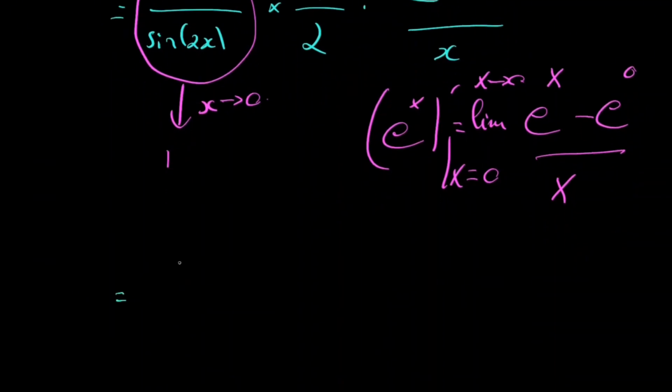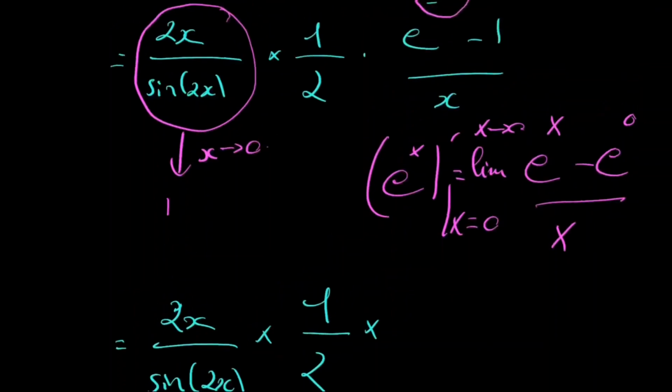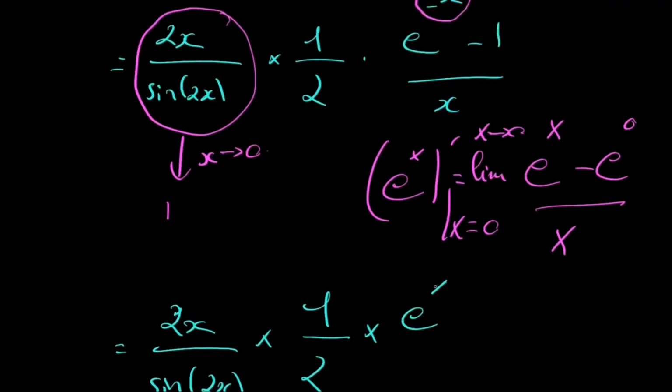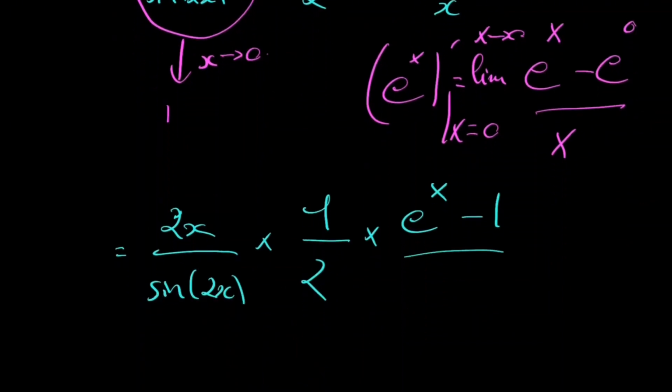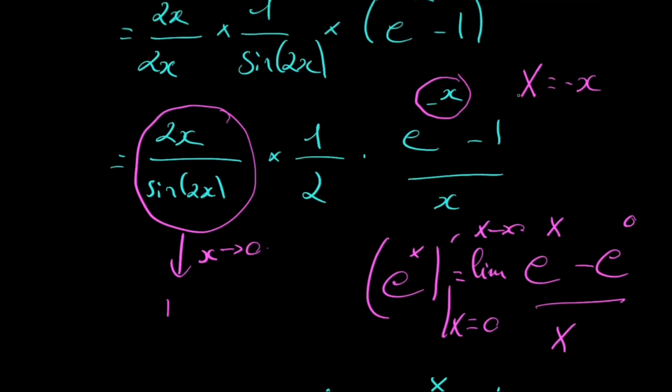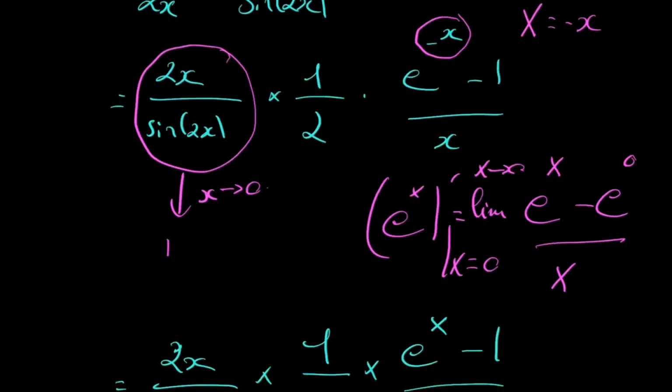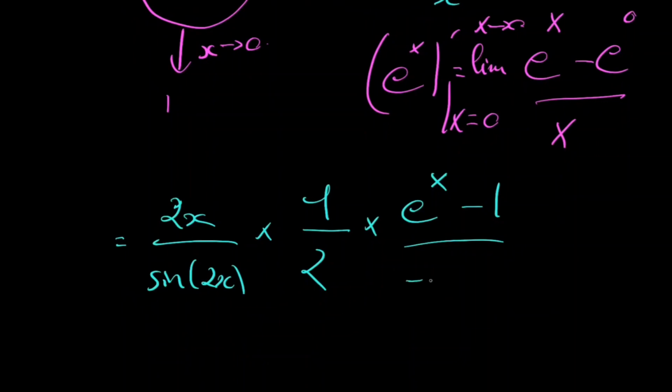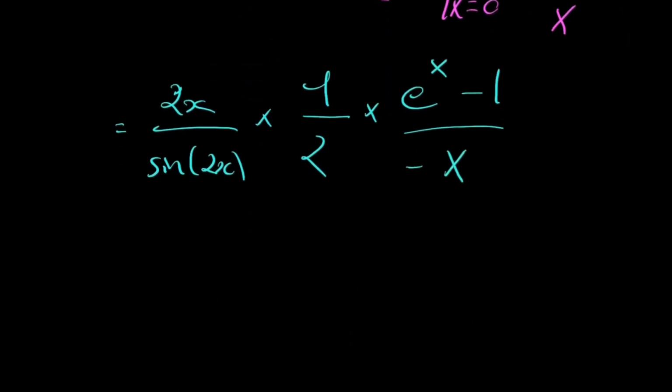We will have 2x over sinus of 2x times 1/2 times exponential of capital X minus 1 over, so this x turns into a minus capital X, minus capital X times minus capital X. And so by product